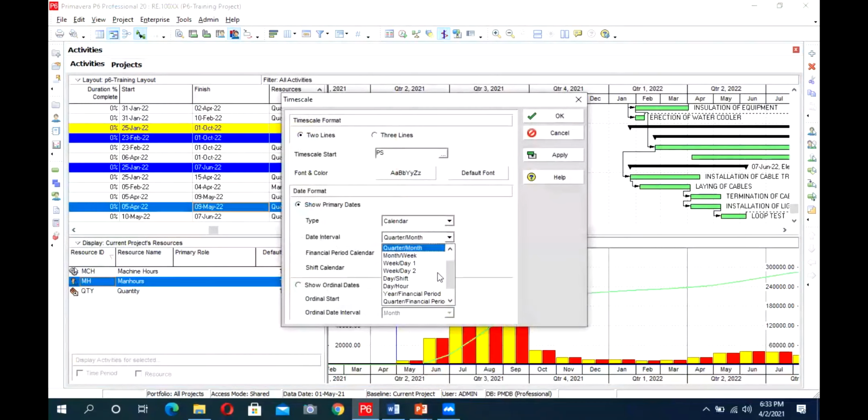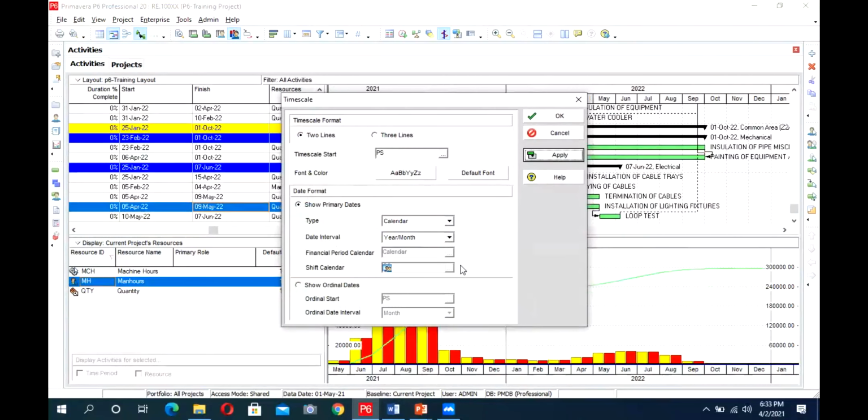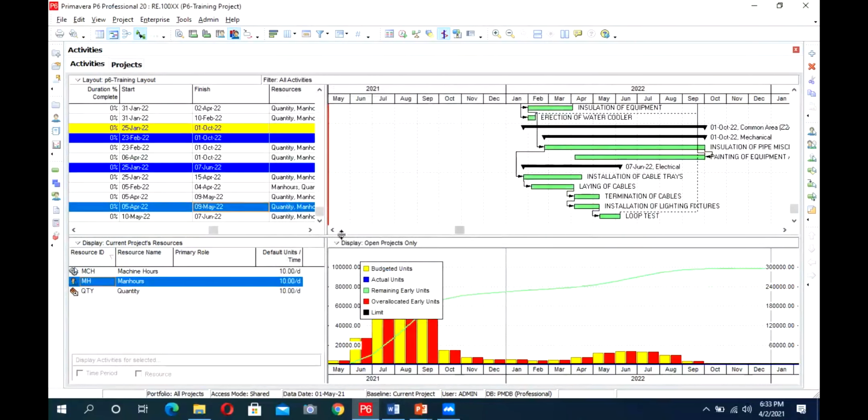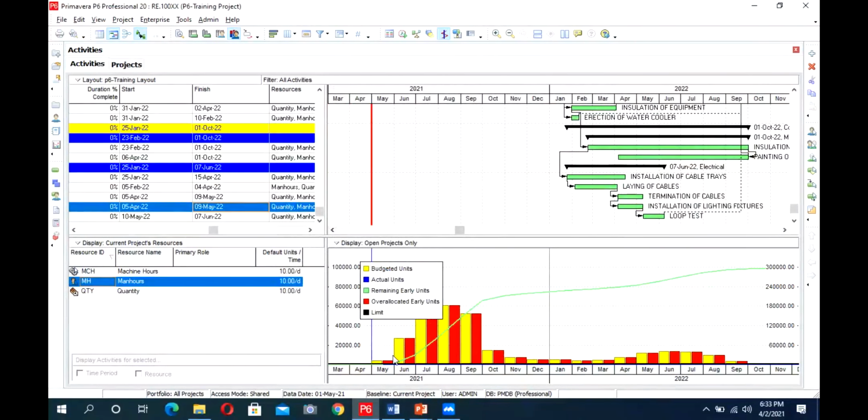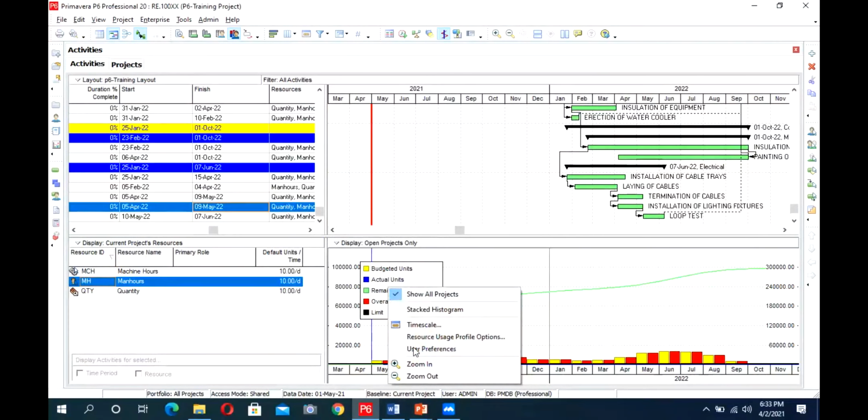From here, you can see how you want to see your tables. I will select year per month. Time scale starts with project start. So for every month, it is showing my budgeted unit, and I can select which options to be shown here.